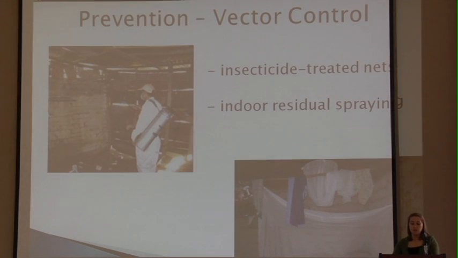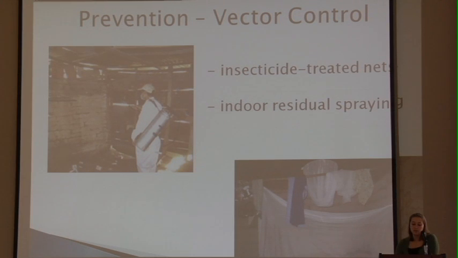As with dengue, one of the main forms of prevention is vector control. And there are two methods that are most widely used to achieve this purpose. One is the public distribution of long-lasting insecticide-treated nets, and this method can be cost-effective and easily implemented. Indoor spraying with residual insecticides is one of the best ways to rapidly reduce malaria transmission. It's best when 80% of the homes in the target area are sprayed.